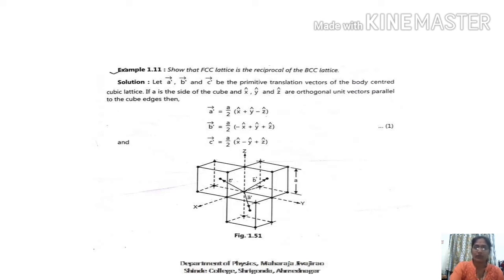Now what we have considered up till now: we have taken three body centered unit cells. Then we have considered an origin which is situated at the intersection of them. Then we have drawn XYZ axes. Then we know that A is the lattice parameter or the cube edge. Then we want to find A dash, B dash, C dash, which are nothing but the translational vectors along x, y, z axis, and their value can be obtained by